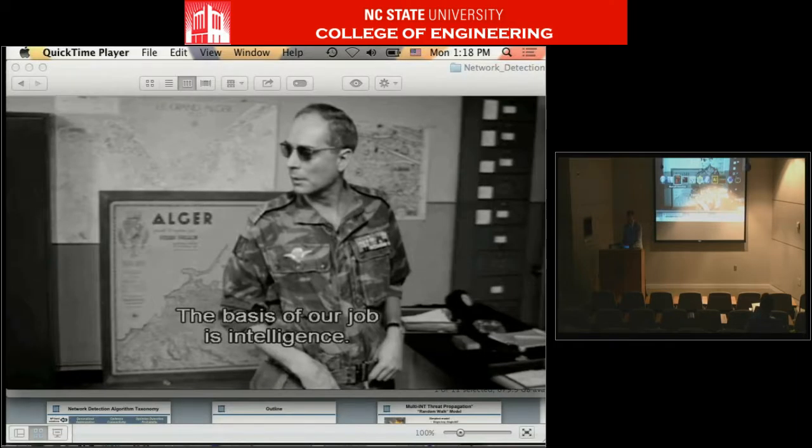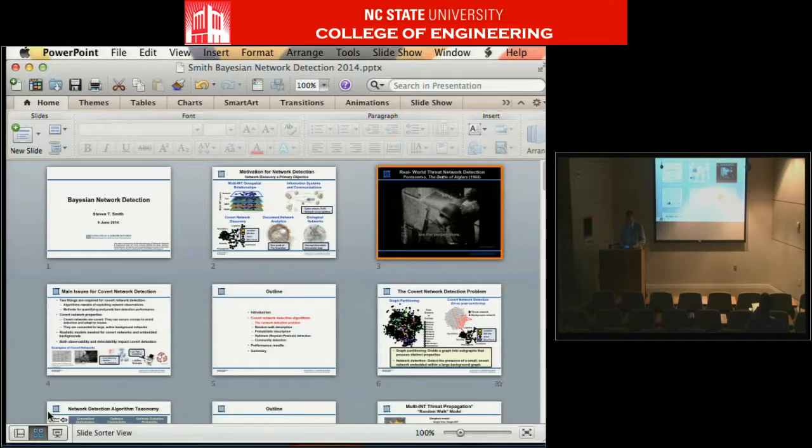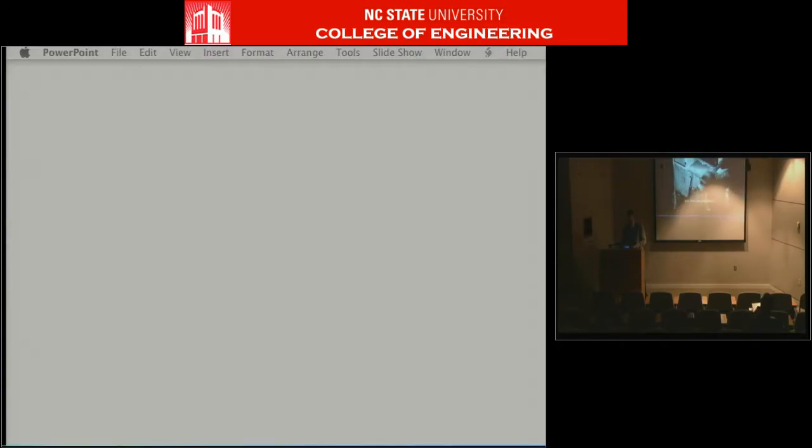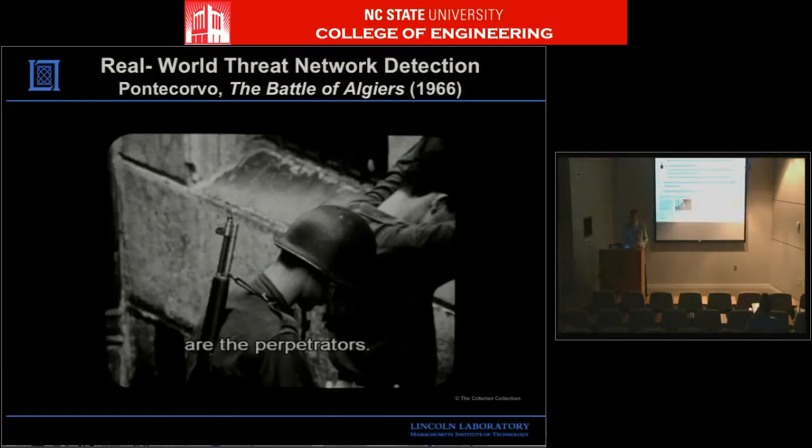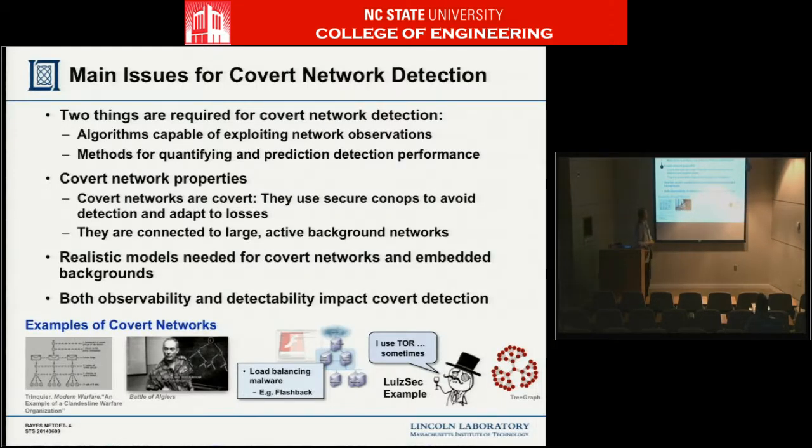And so let me pop back into this player here. Okay, so you need two things then for covert network detection. You're going to need algorithms that can use the network observations you've got, and you're going to need some methods for quantifying what kind of detection performance you're getting.